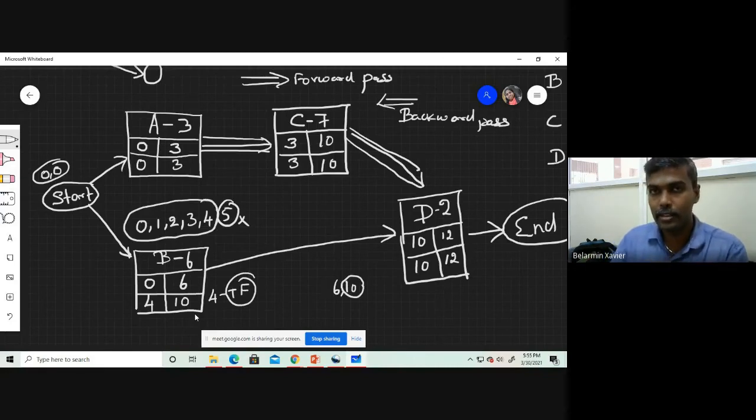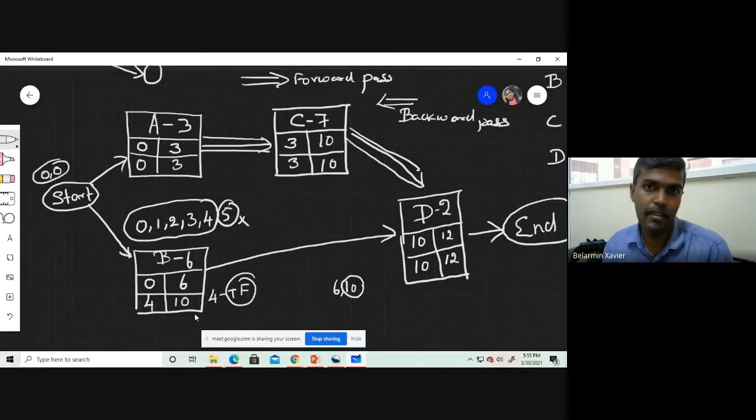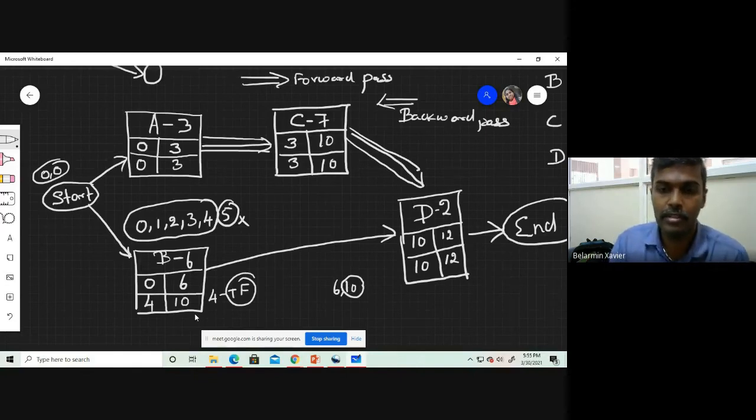So you can give less priority to activity B and more priority to the remaining activities. Whenever there is a float in the network, you can give less priority based upon the duration. But if you are concerned with activity B, you can't go beyond 4.